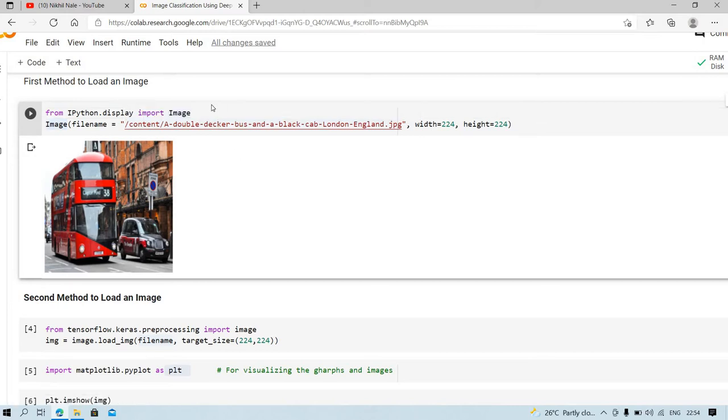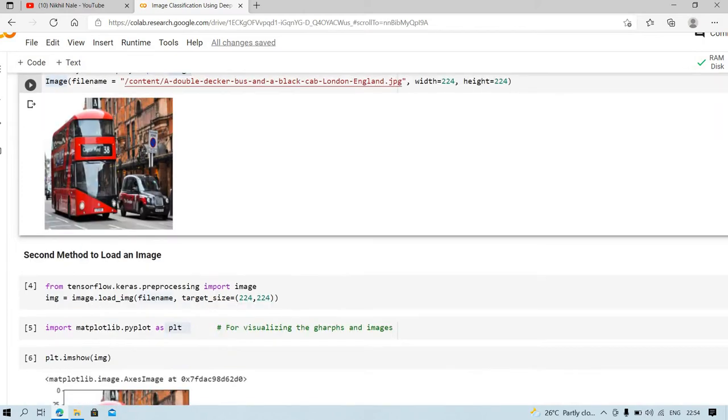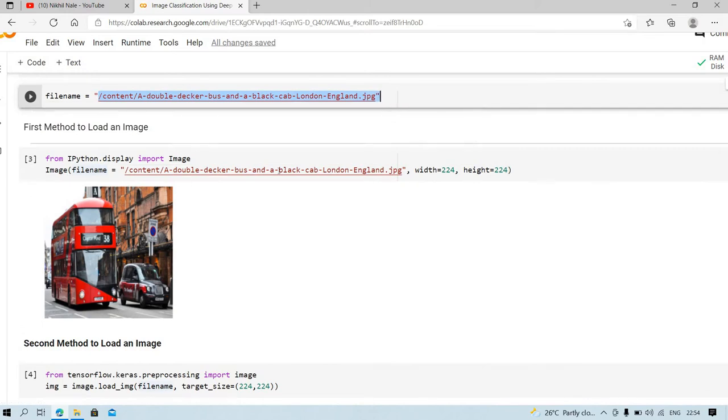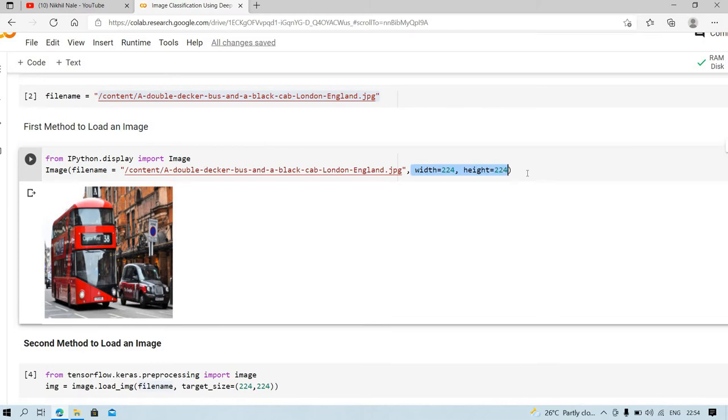Then I create the object for this image and pass the argument filename, the same path of the file, and I will choose width and height of 224. Why 224? Because most deep learning algorithms are trained on an image size of 224. That's why I am choosing 224 width and height.